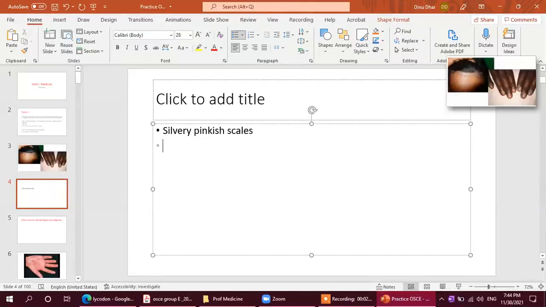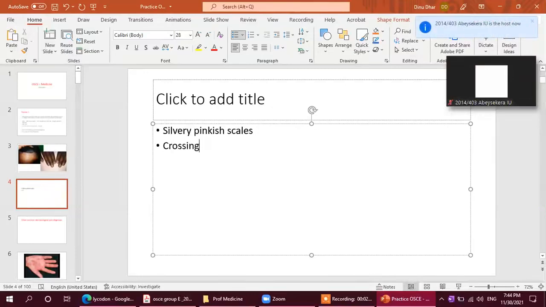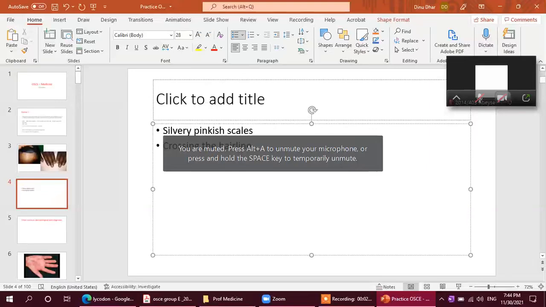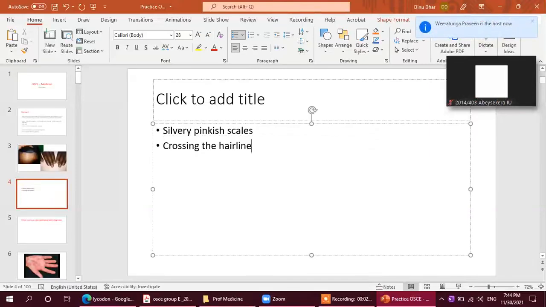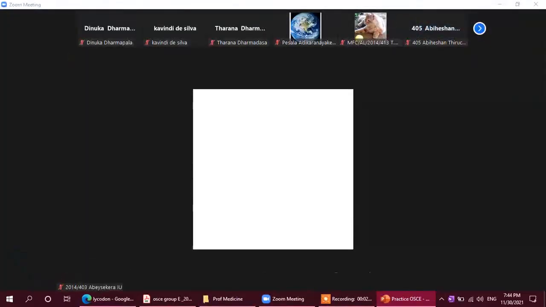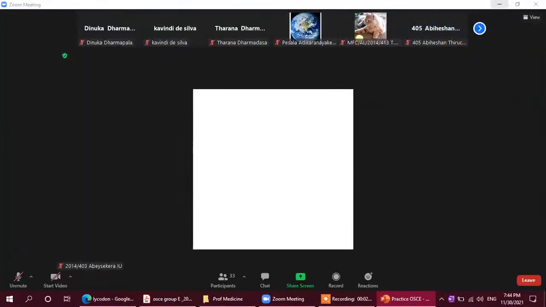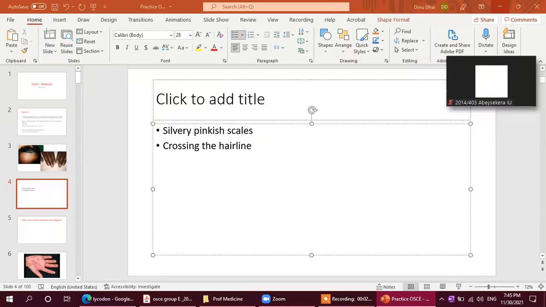The plaque is crossing the hairline, typical of